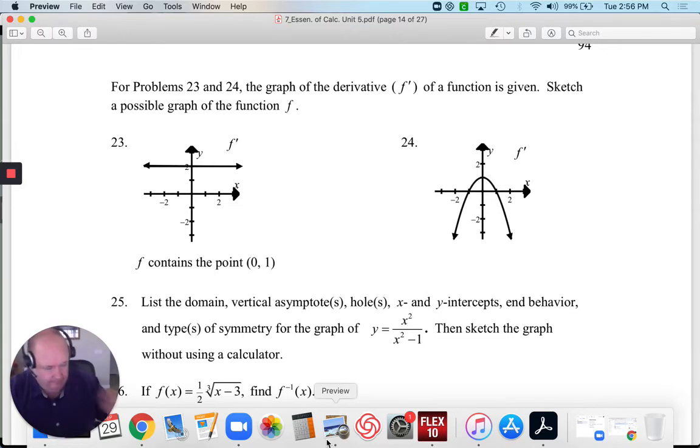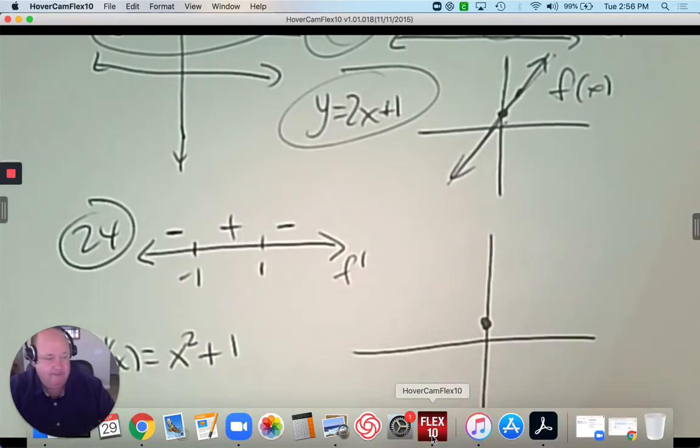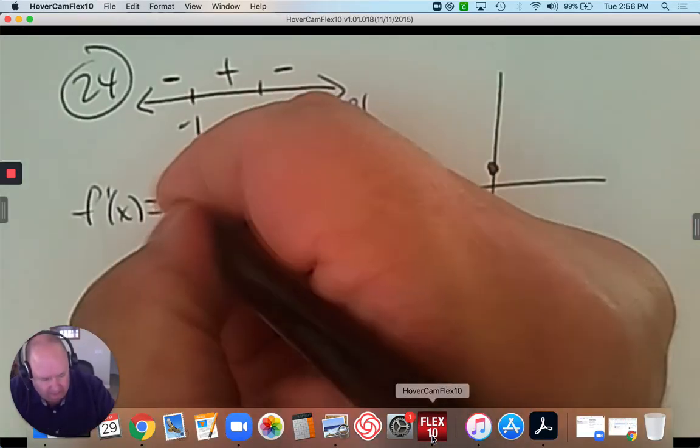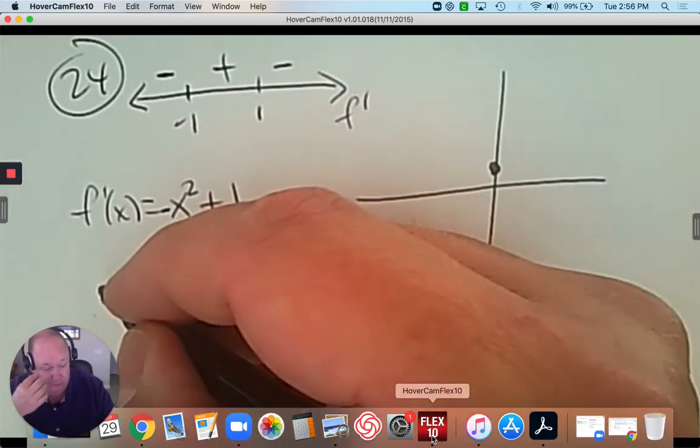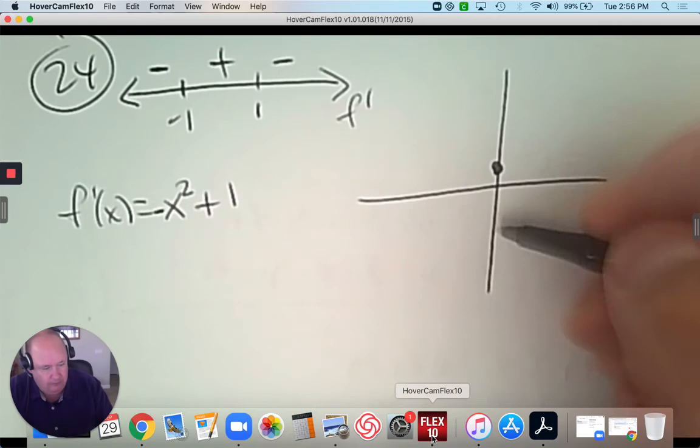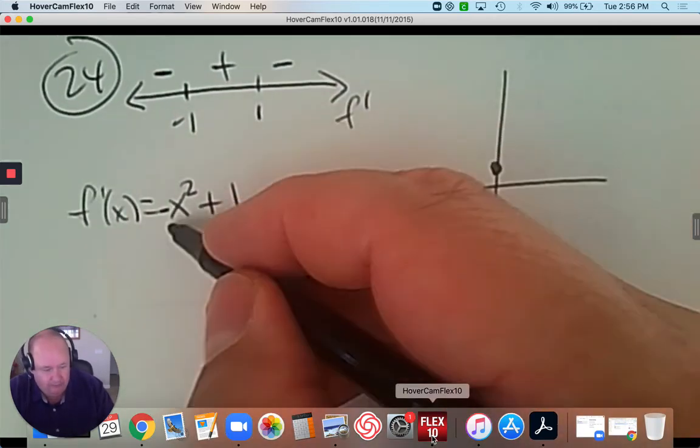Now, I kind of know what that graph is. So the derivative is a parabola, and it's been shifted up 1. So it's really x squared plus 1. That might be helpful to see, right? So it's a parabola, and in fact, sorry, it's negative x squared plus 1. So it's a parabola that's been shifted up 1, but it's folded down. So you have negative x squared